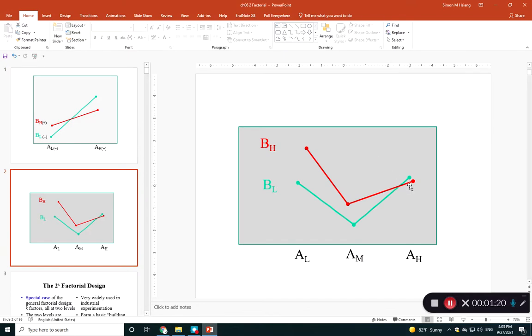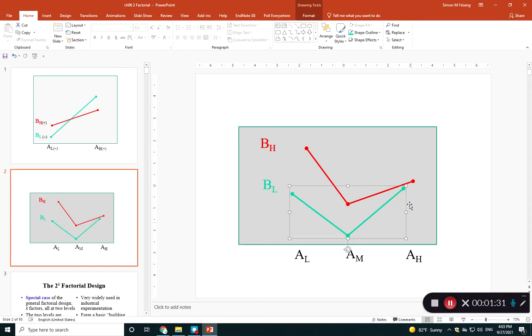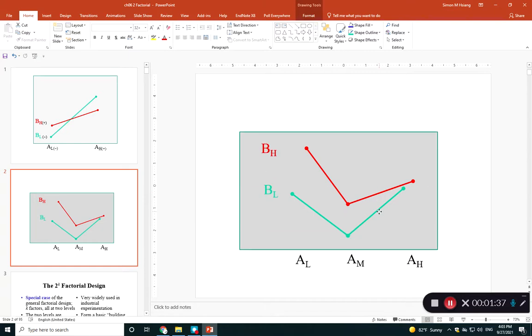And this could be 3-level. If it's 3-level, you still can talk about parallel or not parallel. And of course I need to rotate this until they become parallel. That's the first thing